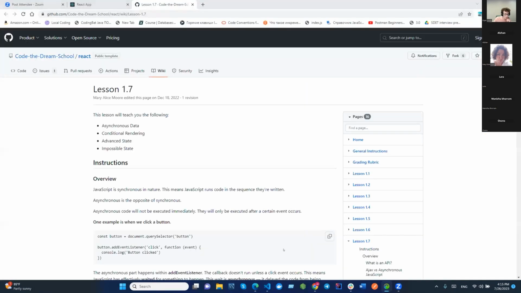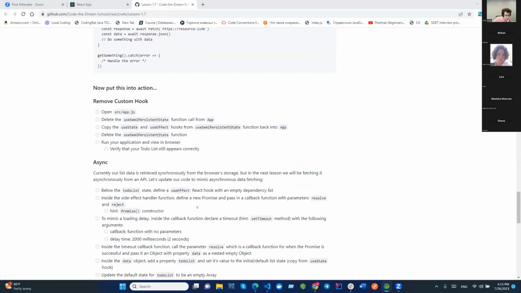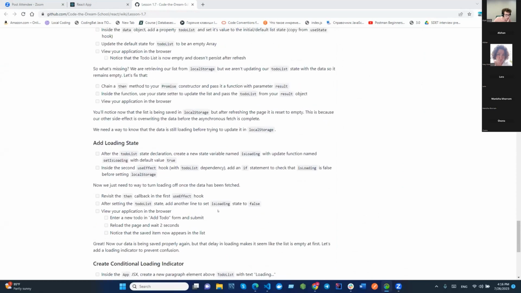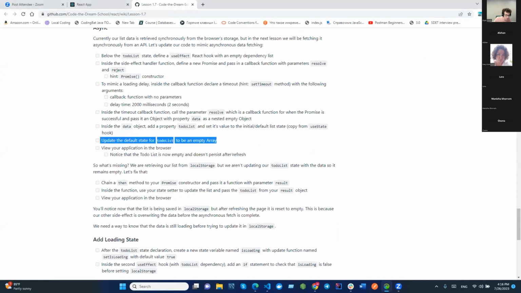Thank you. So let's scroll down to that line you were stuck on in our instructions, a little higher up. There we go. So you were on updating the default state in to-do list to be an empty array, and we view the application and notice that the to-do list is now empty and doesn't persist after refresh,